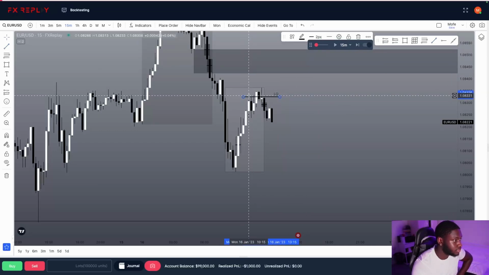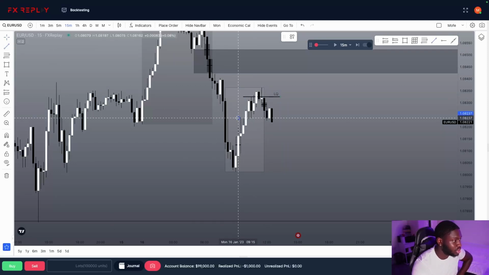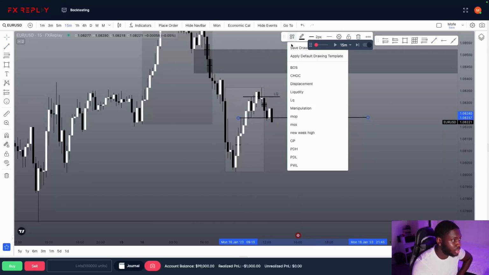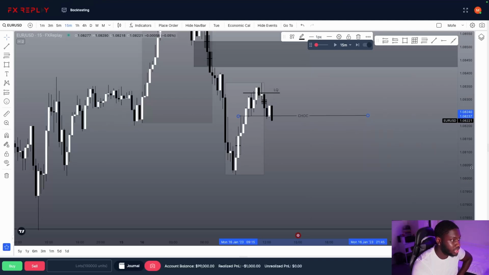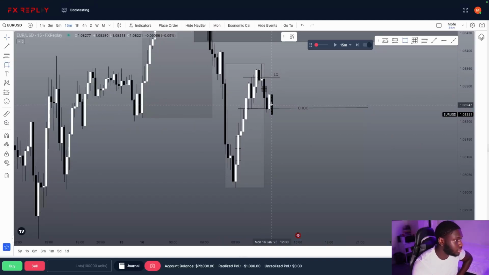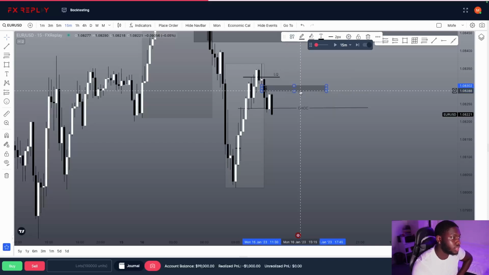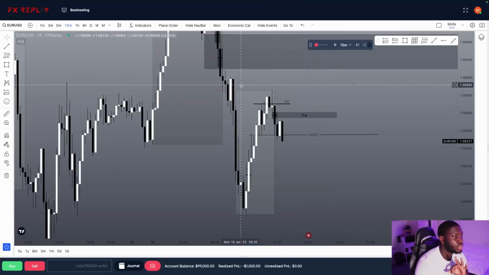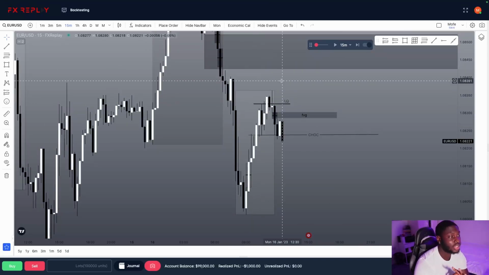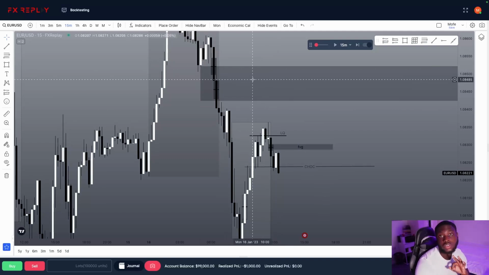Of this high. We've seen the break of structure, or CHoCH, whatever you want to call it, of this low. We see the fair value gap right here. That's the FVG, so that's three already. There is no fair value gap right above our stop loss directly, but there is this big H1 fair value gap. So let's just say this trade loses, for example.